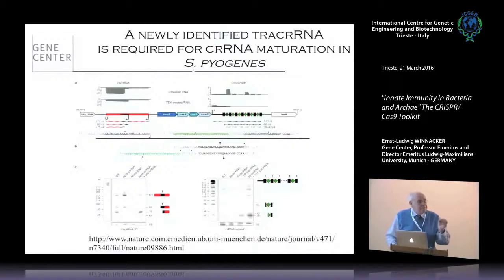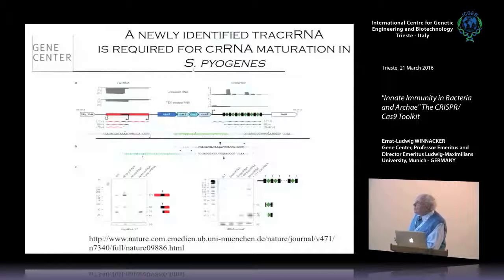So the secret of the CRISPR-Cas9 system is that you need two RNAs, two small ones. The RNA which contains these protospacers and the repeats, and the RNA which is transcribed from here. It turns out that they hybridize together. They have a certain homology, as you can see here by the black sequences, which was discovered in this process. And only if they base pair can the DNA later be cut into pieces.